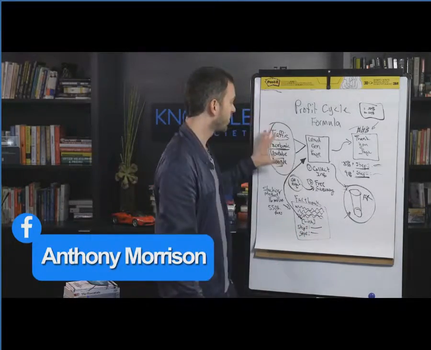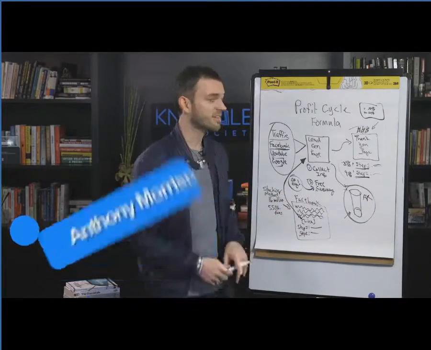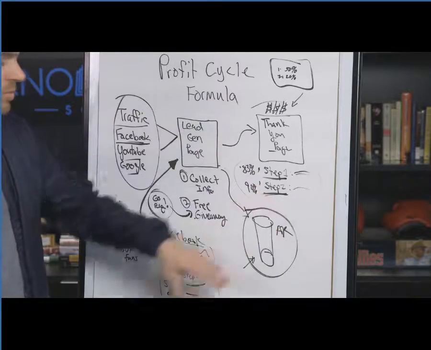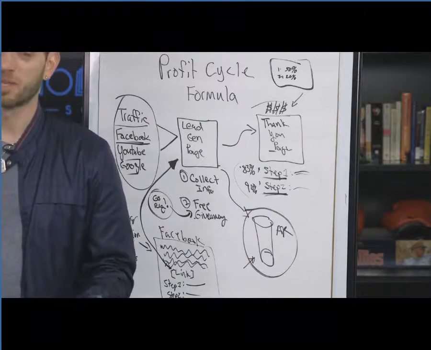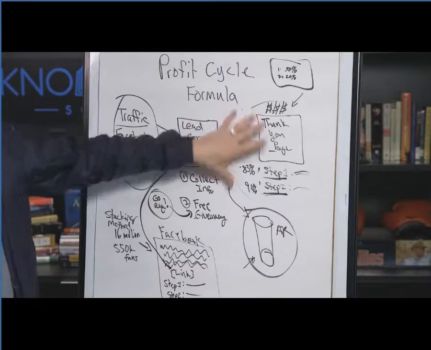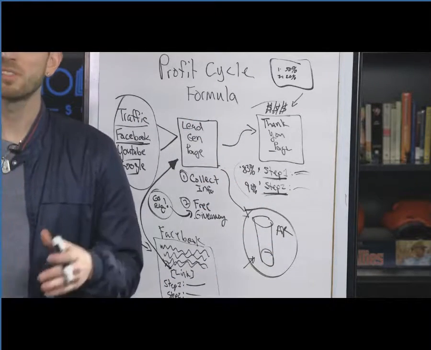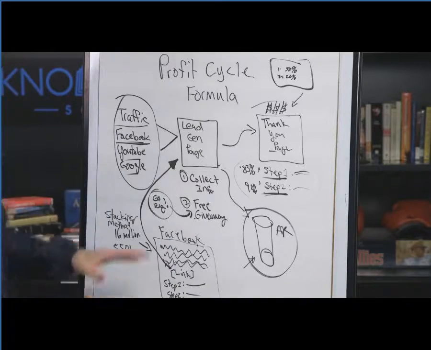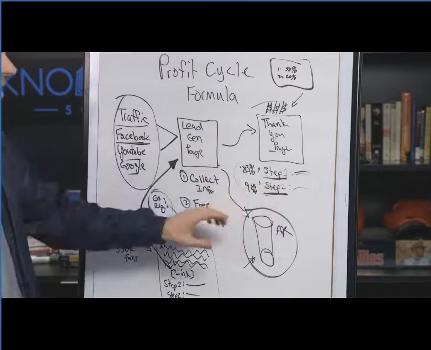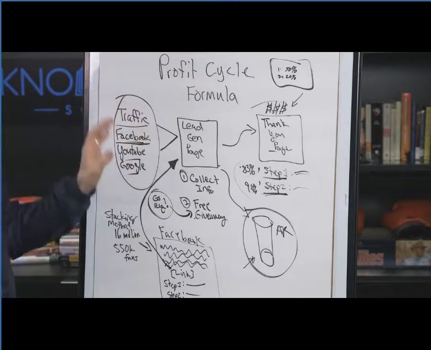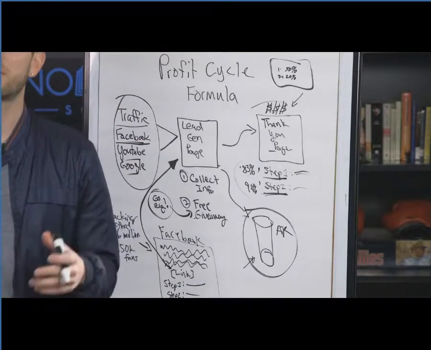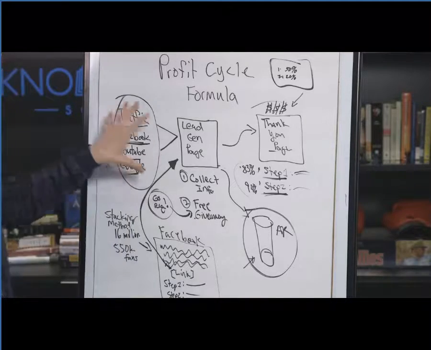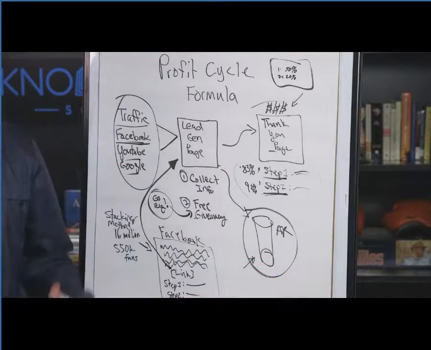You can literally take this, just pause the screen, take a shot of this and draw it out, and master this. Master how to draw it out for a business owner, and they'll be extremely impressed, because when you come in and you start showing somebody all of these different things, it's a little overwhelming at first, but when you seem like you've mastered it and they sit there and think, oh my gosh, I don't have any of this, or I only have one of these pieces, or I only have half of this. They see where they're leaving money on the table. They see where they could potentially make a better return on their investment, and they see where they can increase the lifetime value of one of their customers, and that's what it's all about.